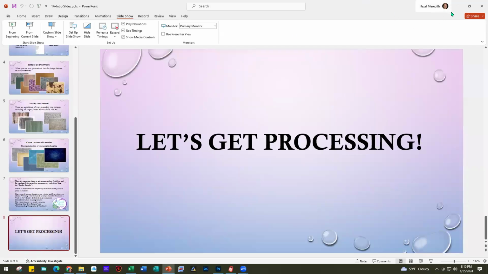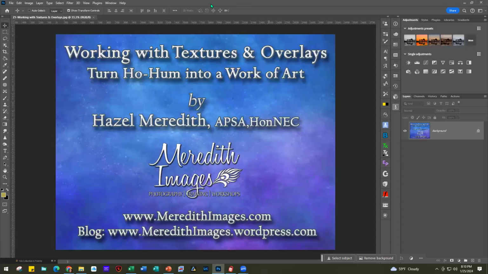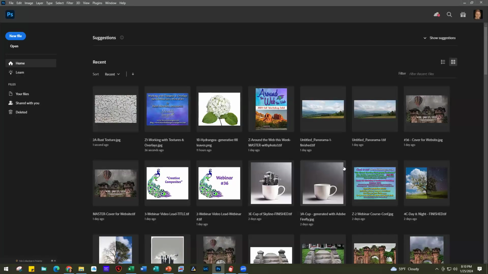So let's get to the fun stuff. All right, so I'm going to open up my Photoshop. And the first thing we're going to do is I'm going to show you how to create one of those textures